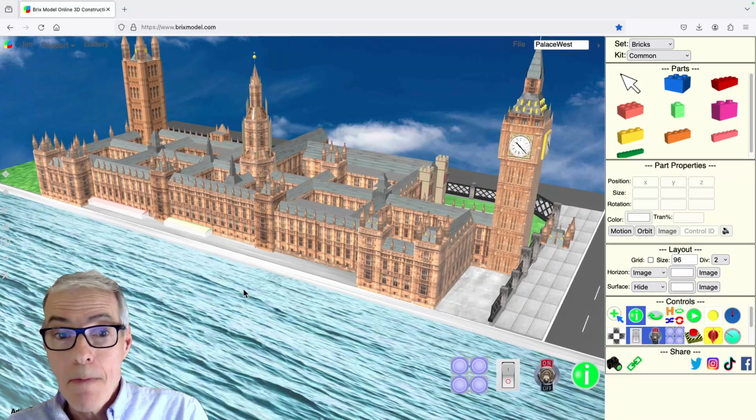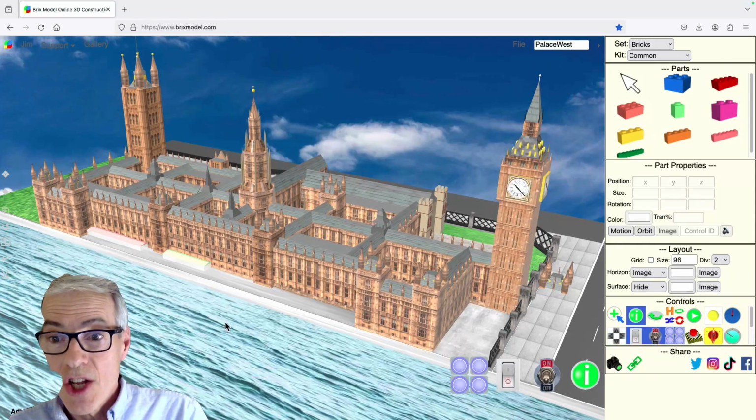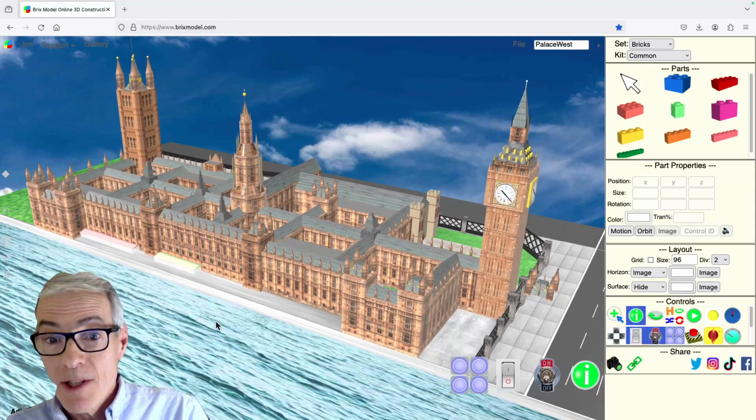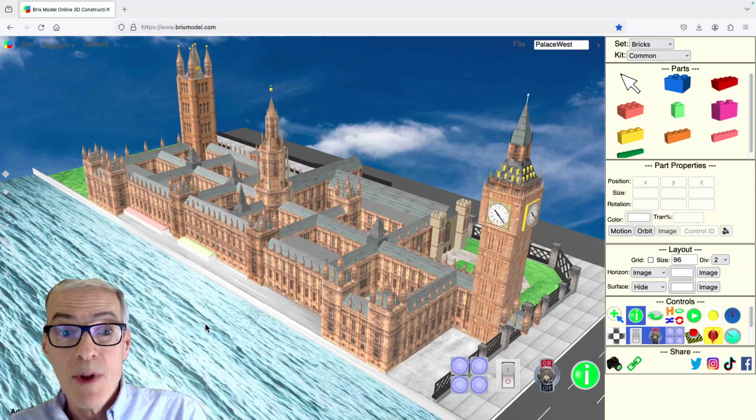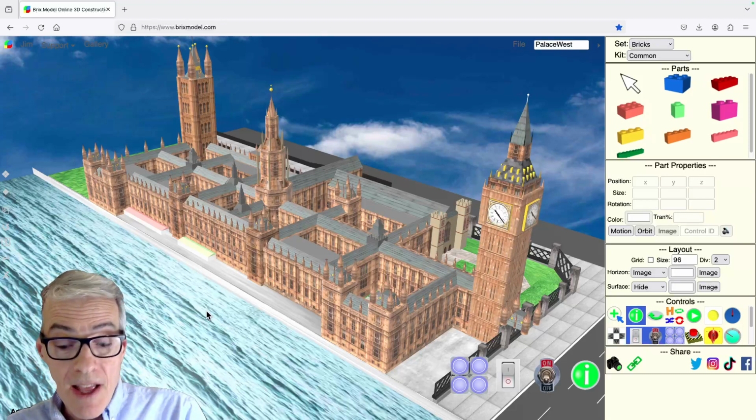I have to admit, I got a little carried away on this one, but I couldn't stop once I got started, and I'm happy to show it to you today. So let's take a look at what we've got here. It is the Palace of Westminster. This is the Houses of Parliament for the United Kingdom government. It's the House of Commons and the House of the Lords, and